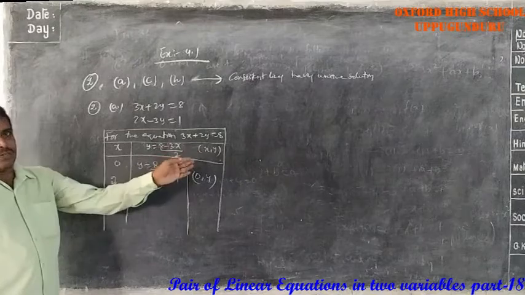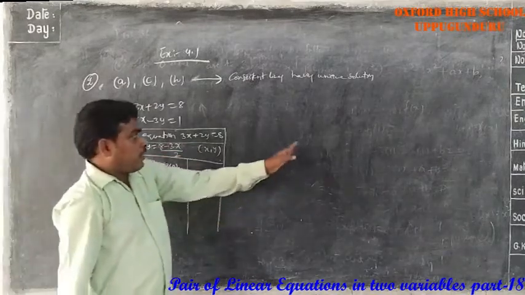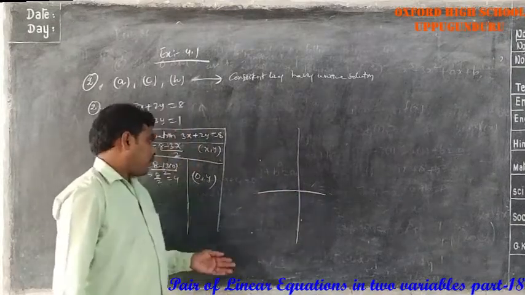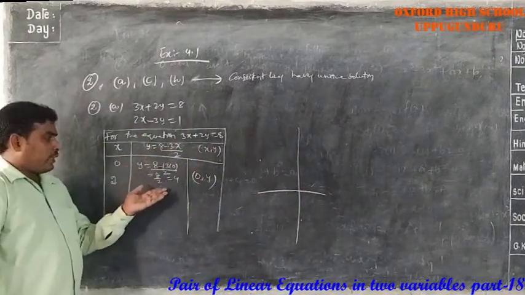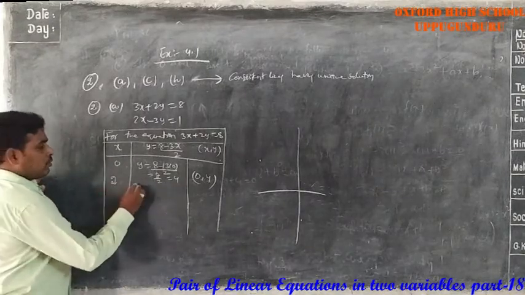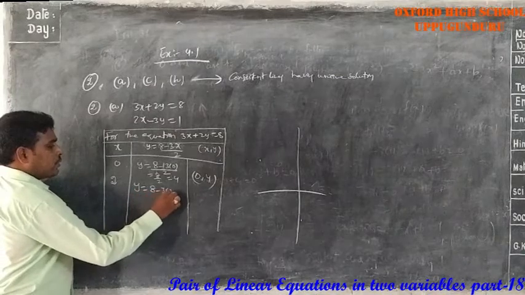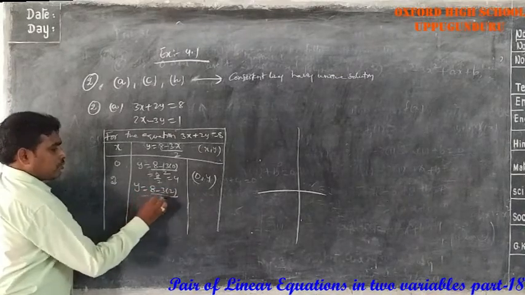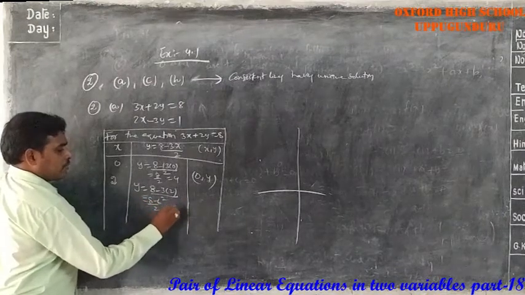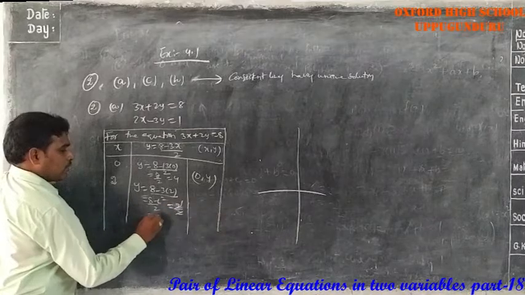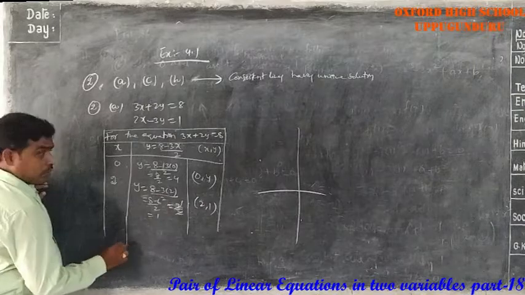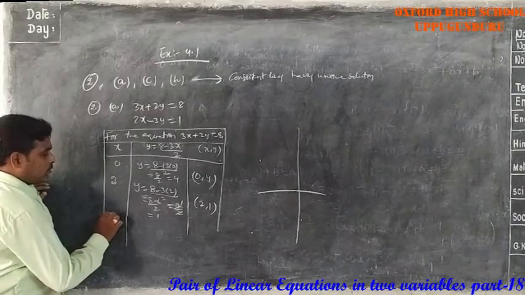To represent that is somewhat difficult while plotting in the graph. You represent only integers here. That's why, when simplifying this value, I am taking values that give integers. So when x equal to 2, y equal to 8 minus 3 into 2 by 2. 3 twos are 6. 8 minus 6, sorry, 8 minus 6 is 2. 2 by 2, 1. 2 comma 1. Similarly, if I take negative values, x equal to minus 2.